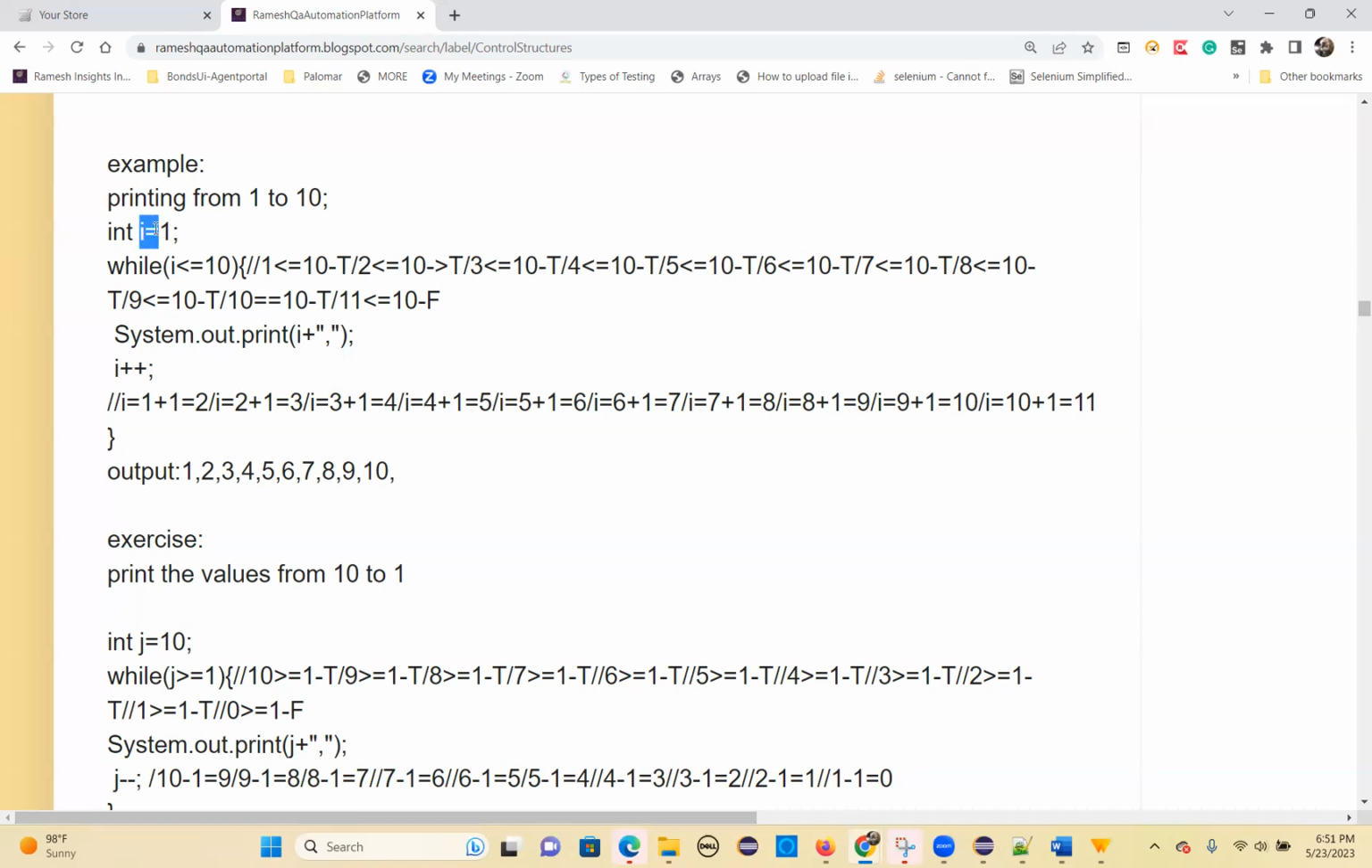So first, the i value, how much? 1. Then here you write in this, double forward slash, this is a comment, right? Commenting. What is the i value initially? 1. So replace here 1. Less than or equal